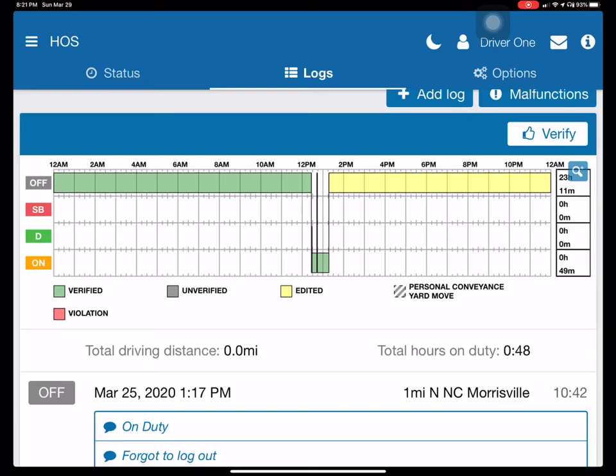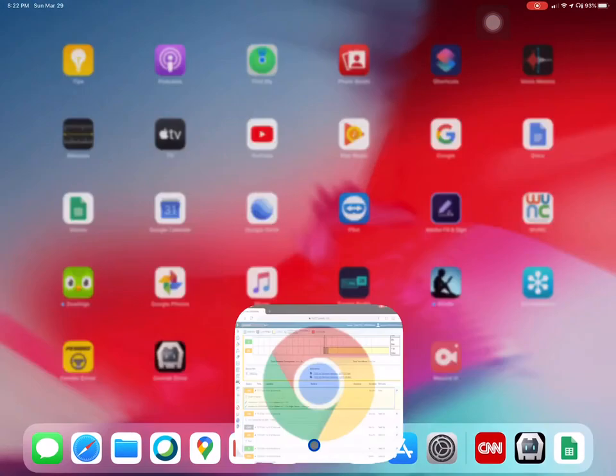It's perfectly legal, and DOT understands that mistakes are going to happen. So basically everything except the drive time, you can't edit that. But on duty, they know that's going to happen where people are going to forget to log out, and that's pretty much it. So they can do it from the app themselves, or you can do it from the administrative